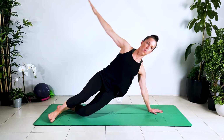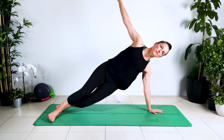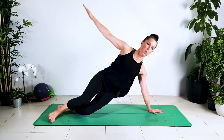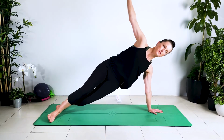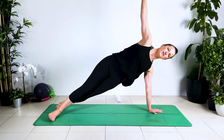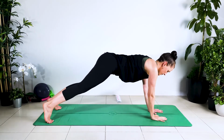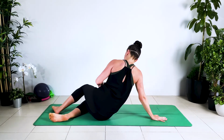So you shift the weight onto the wrist and then you shift your weight back onto the hip. Okay, so you're moving your center of gravity in your pelvis towards your hand and then towards your heels, stabilizing through the side body, and then the other side, rotate around,